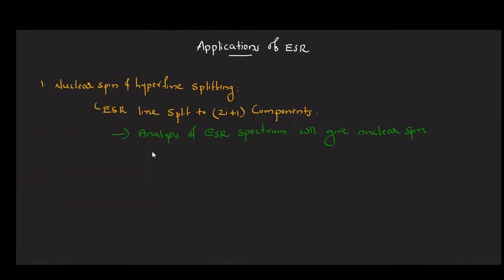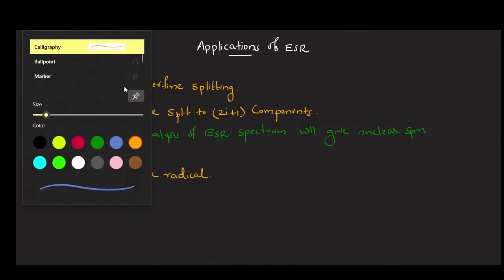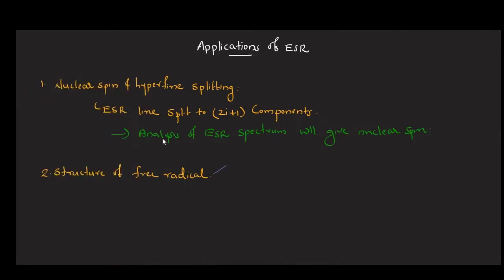Then the second one, structure of free radical. We can determine the structure of a radical using ESR. So let us see what is meant by a radical. Radical means atoms or molecule or ion, anything